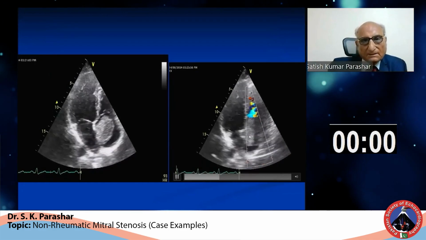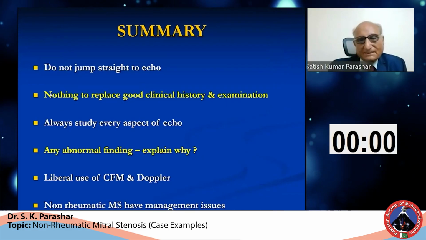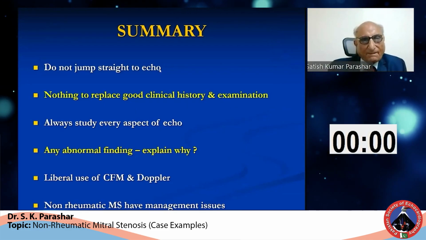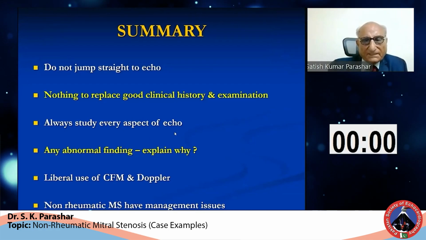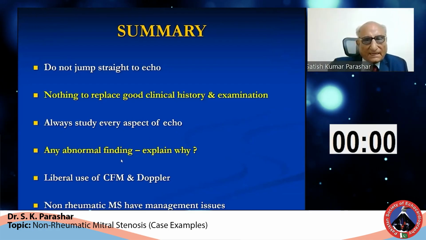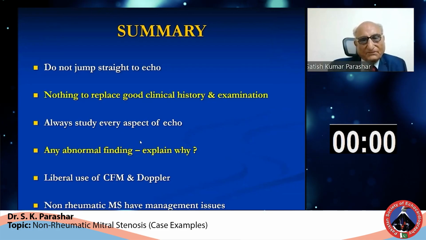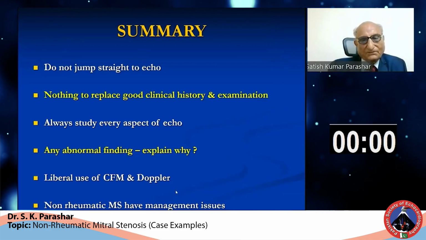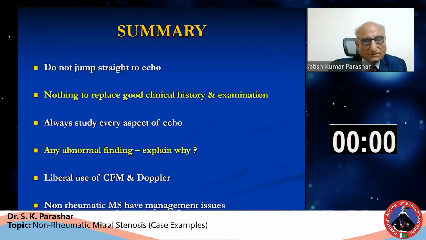Coming to the summary, we should not jump straight to echo. I still feel there is nothing to replace a good clinical history and examination. Then you go to the echo, and always study every aspect of the echo. Any abnormal finding, explain why, because if you find anything, you have to explain why this finding is there. There is a liberal use of color flow mapping and Doppler, and non-rheumatic mitral stenosis have got their own